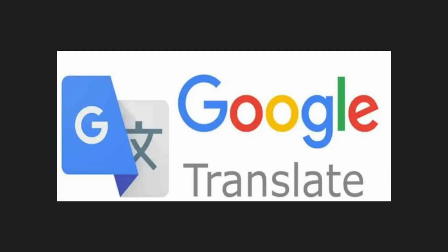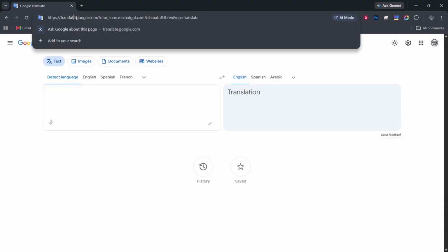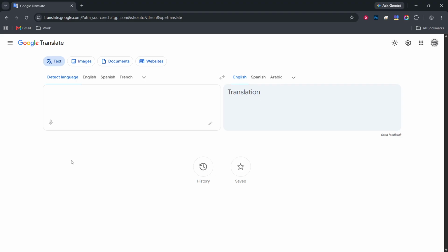First, open Google Translate. If you use a browser, you will see two main boxes side by side on the page, one for the original language and one for the translated language. Along the top, there is a row of options, usually showing text and documents. Make sure the page is fully loaded before you move on, so all the buttons you need are visible.